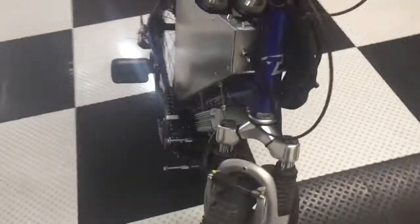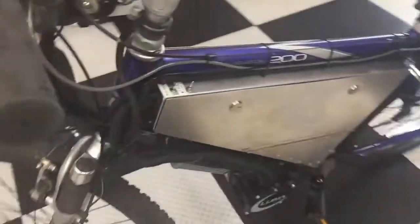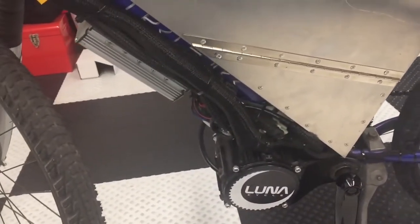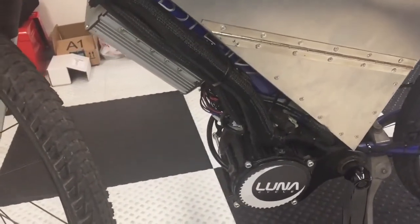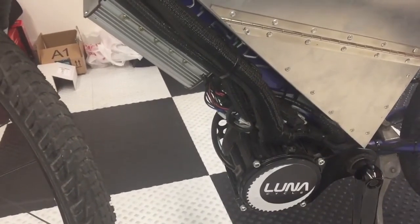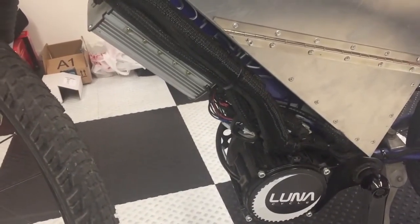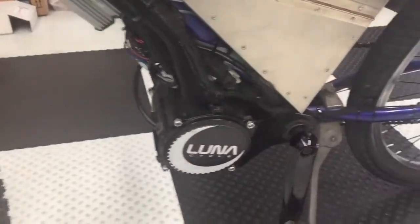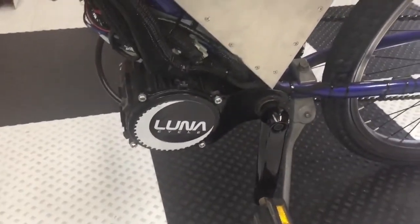So the first part of the conversion was finding what electric motor I wanted to go with. I started searching on the internet and found Luna Cycle, and they were selling a kit with this Luna. They put their name brand on it, but it's actually a Cyclone 3000 watt electric motor. And the kit included this controller and all the hub change out and crank, including the sprocket on this side